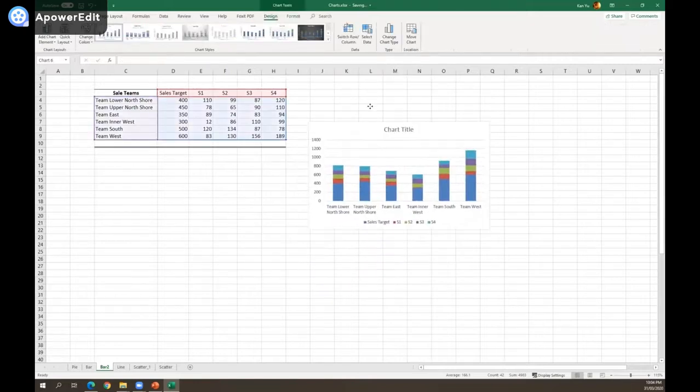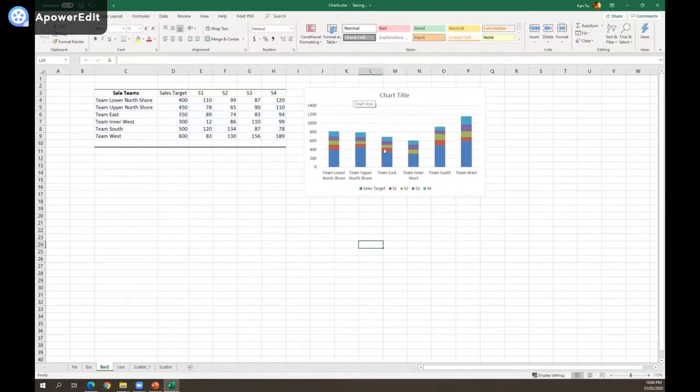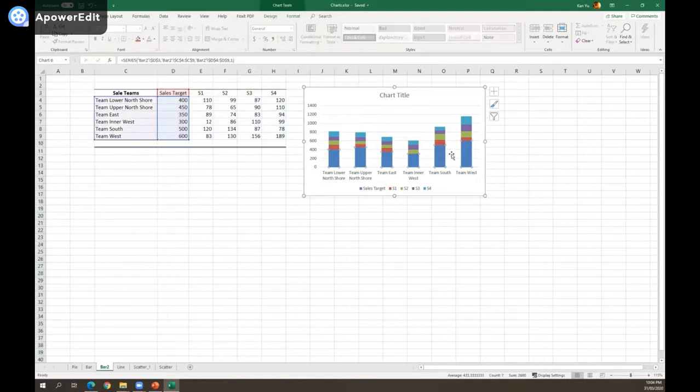This bar chart is different from the previous bar chart. You can see that all the values for each team are not separated in different bars. They are put together in one bar. First we need to find the sales target. By clicking this one, you can see that it corresponds to this part, which means that this bar is the sales target. But we want to make this a different bar, separate from the sales numbers for the four seasons. To do that, we click the blue one, then right click,